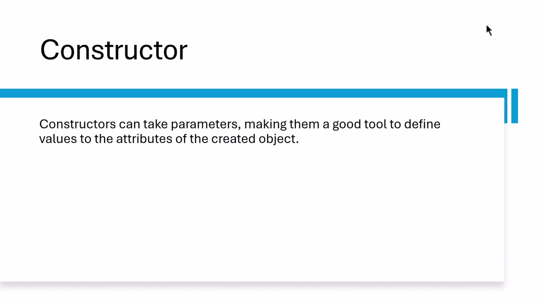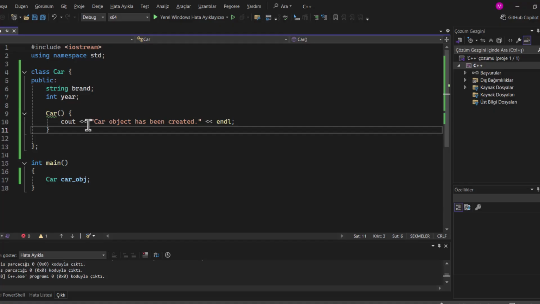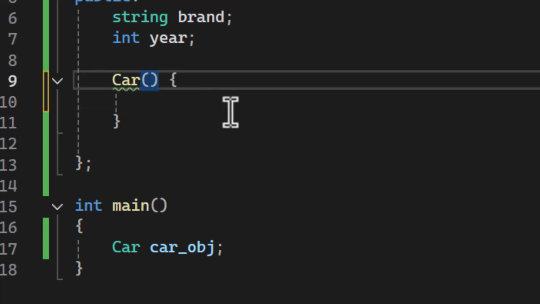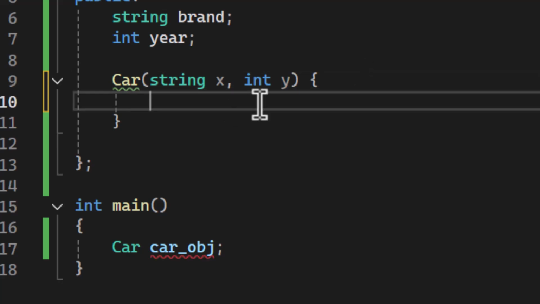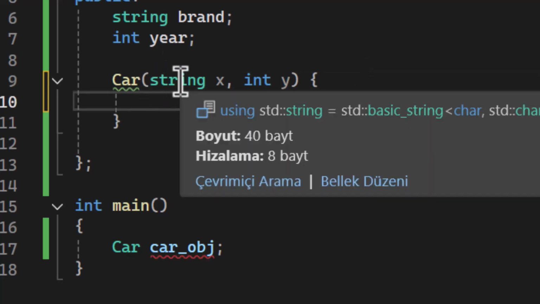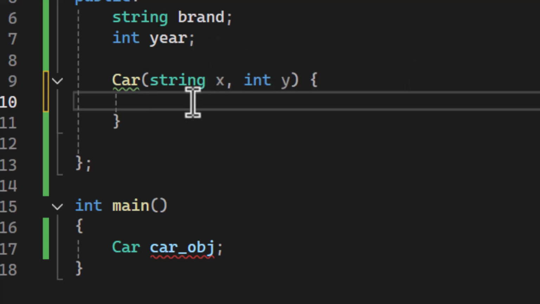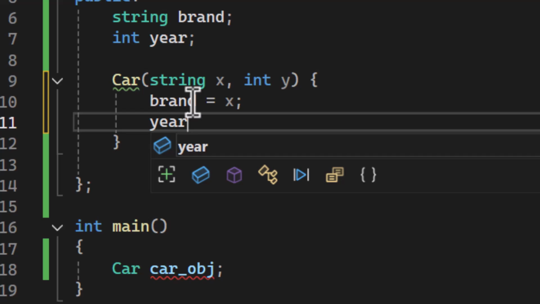Now constructors can also take parameters, so we can actually take those parameters and use them to define values to the attributes of the object. The best way to explain this is to demonstrate. I'm back inside the class, done with this so we can get rid of it, and go inside of here and say, once the constructor is called with those parameters, I want those parameters to assign their values to brand and year respectively. So I can go with something like